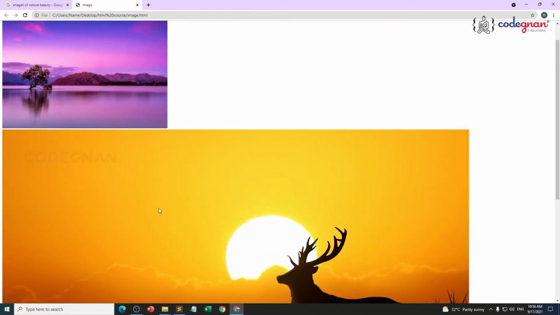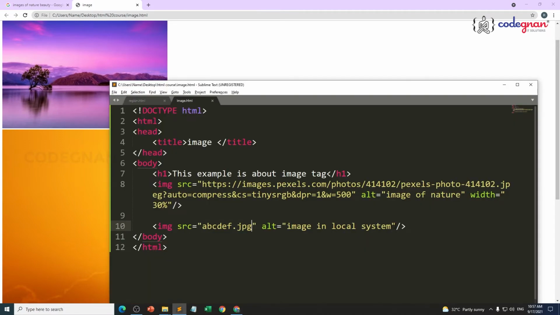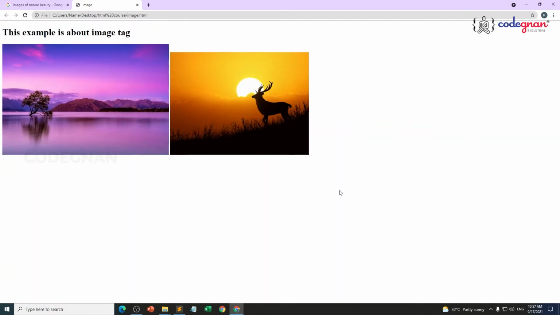Now if you see, I got that particular image successfully because of the default values that image has. It is displaying like that. Let me use the width value, width equal to, let's make this 25%. Control S, Alt Tab, F5. Now I can see that particular image also. This is present in your local system. This is from outside of your system.